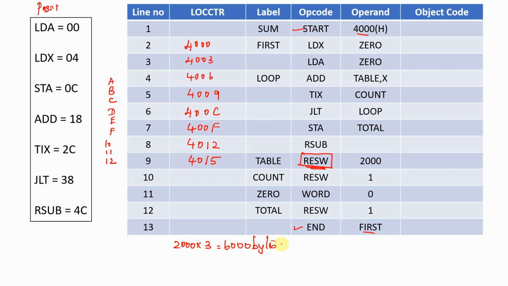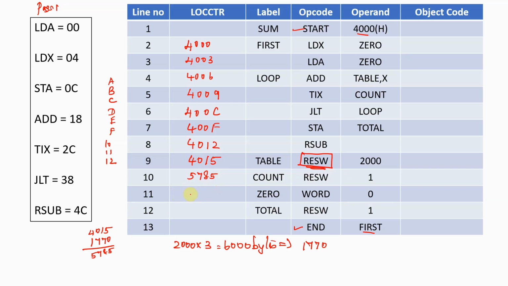In hexadecimal representation, that is 1770. We are already at location counter 4015, and along with that we add this 1770. The location is 5785. So we are reserving 2000 words between the addresses 4015 to